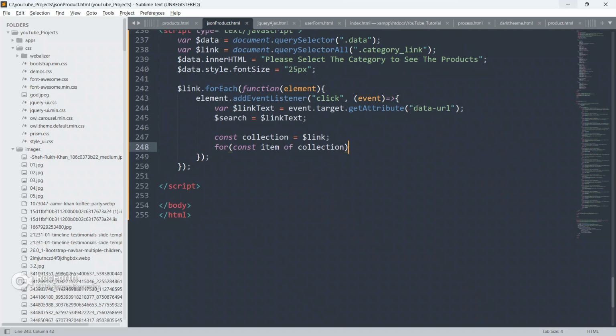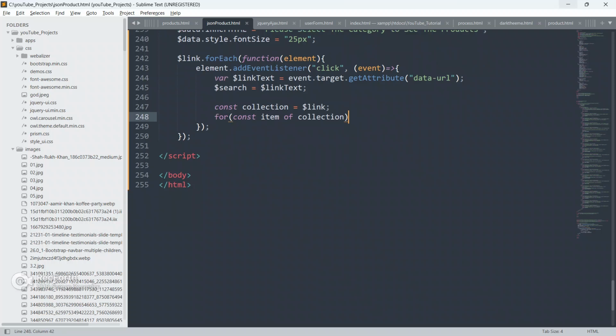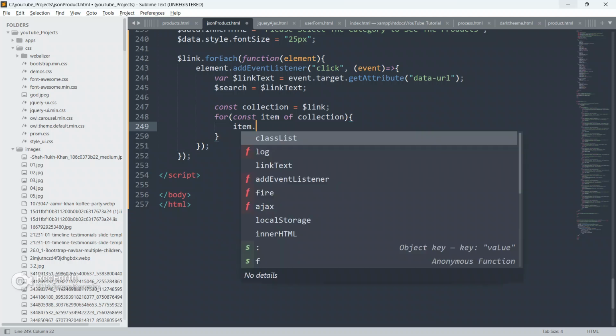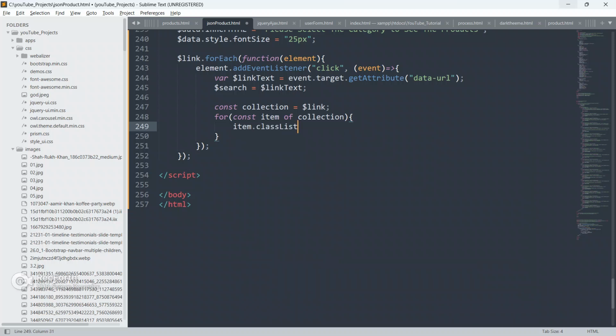So it will run for all the anchor tags and do the respective work which we assign to this loop. Just open curly braces. So item dot classList dot remove.